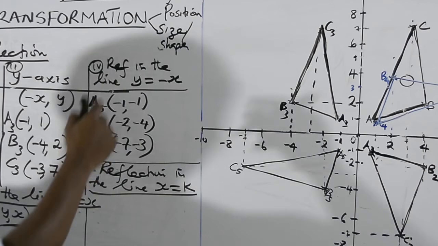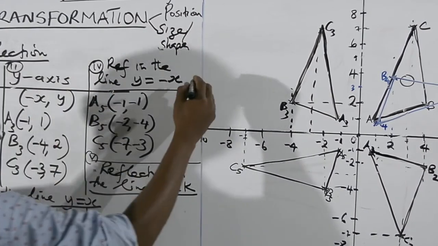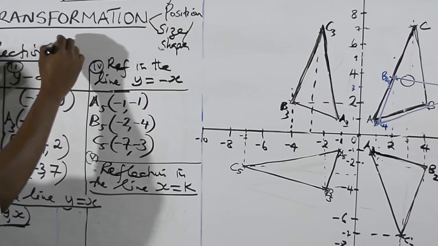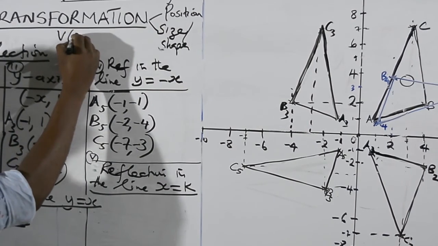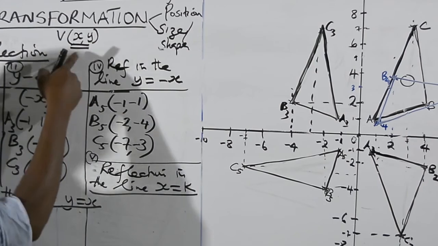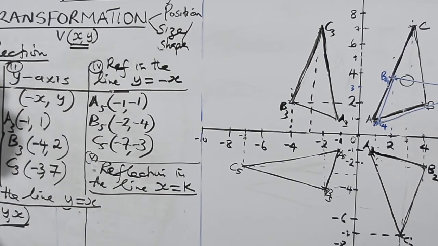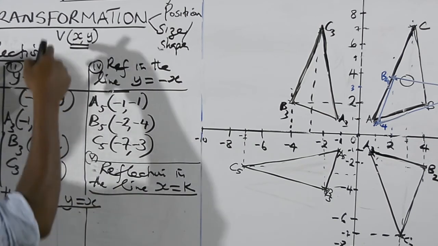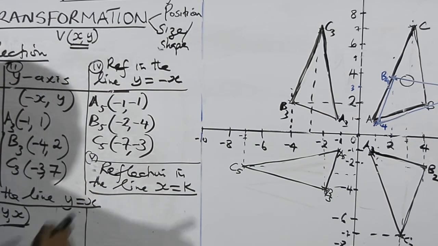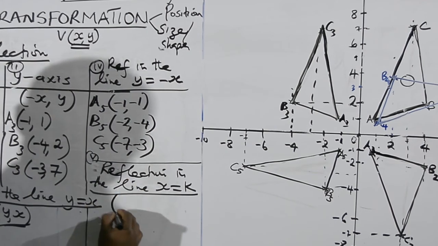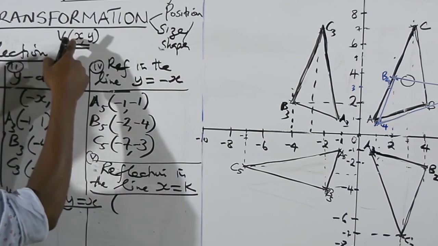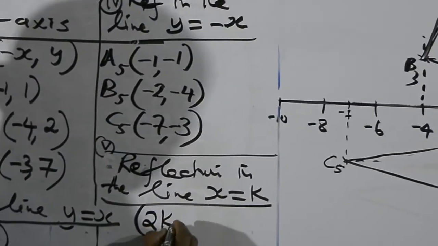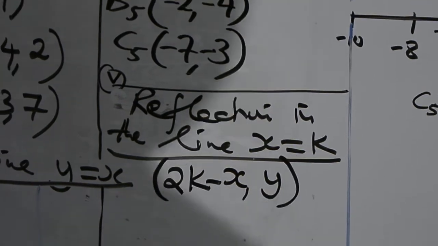So in the normal vector representation, the coordinate system of a vector is, let's say this is the vector, it is x followed by y. That is a normal coordinate system. The x coordinate, the y follows the x in that order. So now when I'm coming to reflect in the line x equals k, it is the x-axis that is affected, because the constant came in the form of a variable on the x-axis. So the formula becomes, since the x-axis is the first guy here, it is going to be affected by 2k minus x comma y. The y-axis is not affected at all.